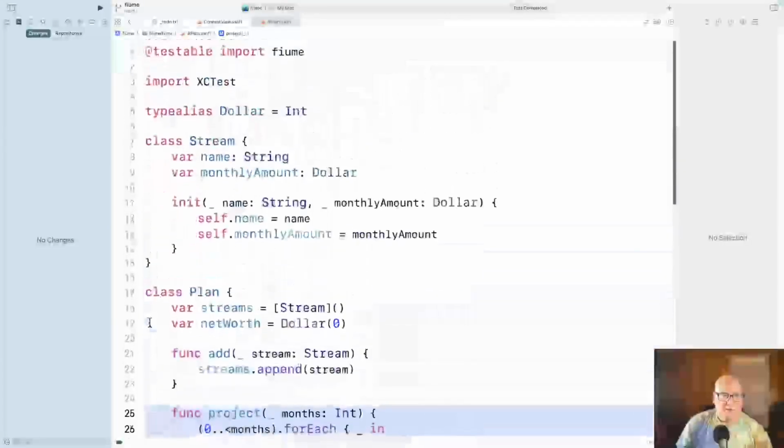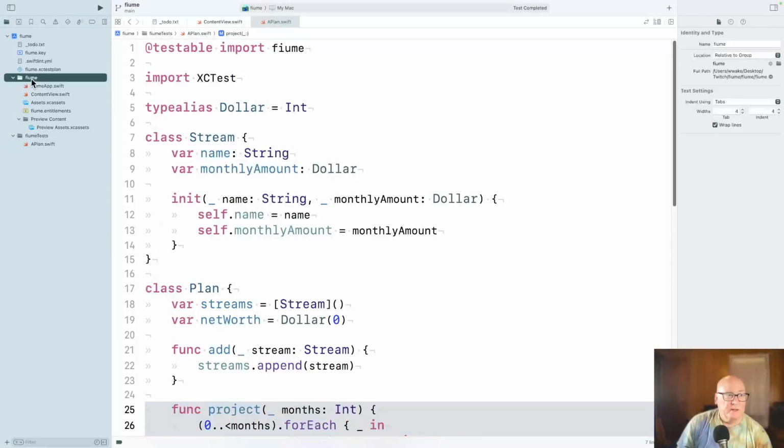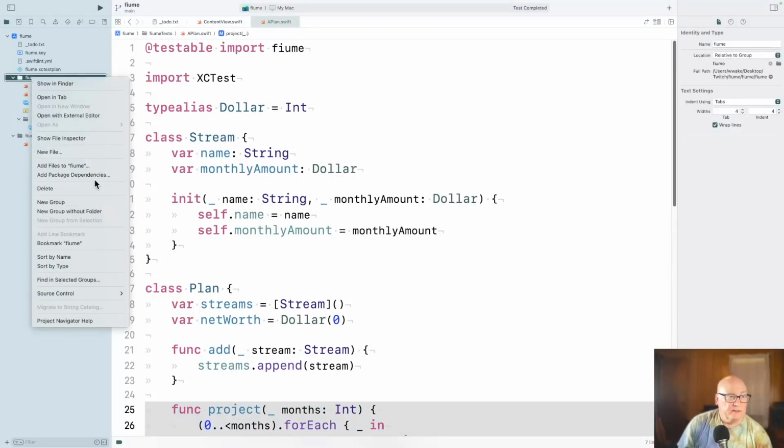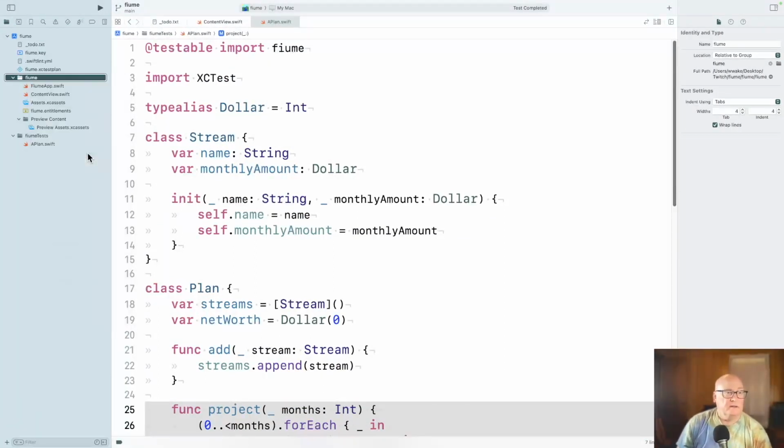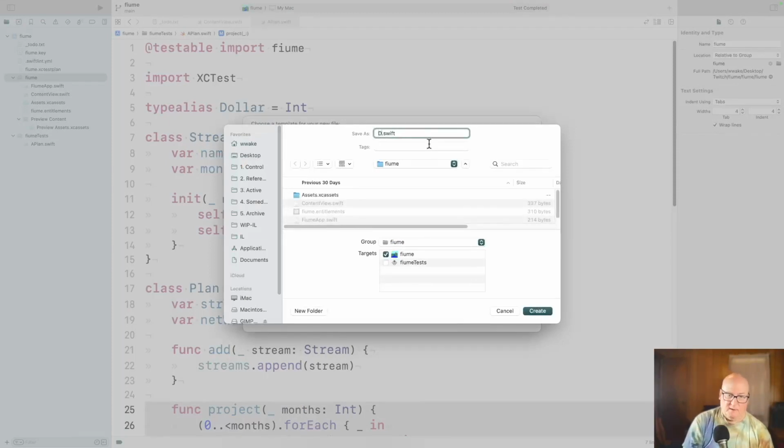All right, let's break this stuff out a little bit and refactor for a few minutes here. So let's make a new file. It's a Swift file.